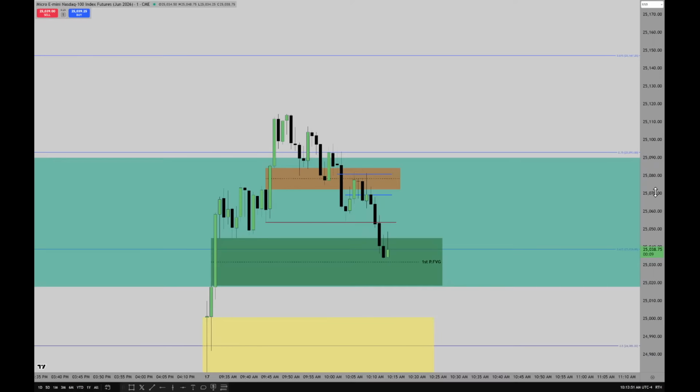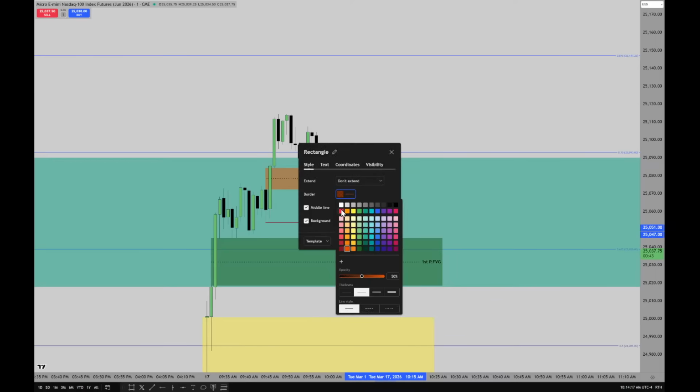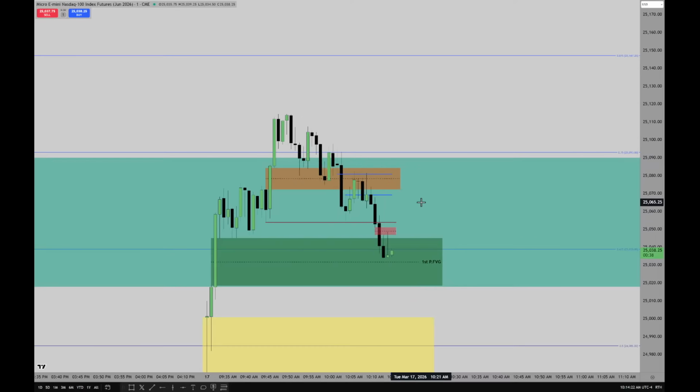Okay, so if you look at what it just did, we entered in the upper half of the first presented fair value gap. It had a small little gap in here between that wick and that wick. And it opened, traded up, went right inside of that. So whenever you see something like this, what is it actually doing that you do need to be mindful of? Number one, it's coloring outside the lines of that first presented fair value gap.